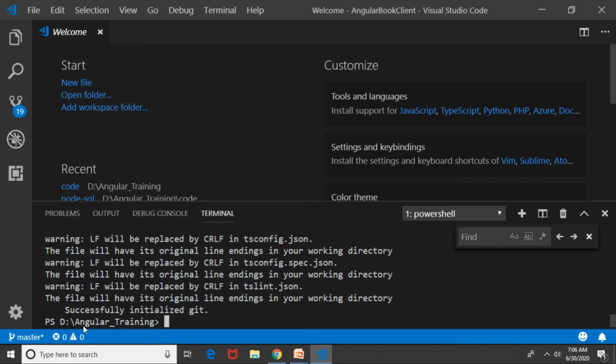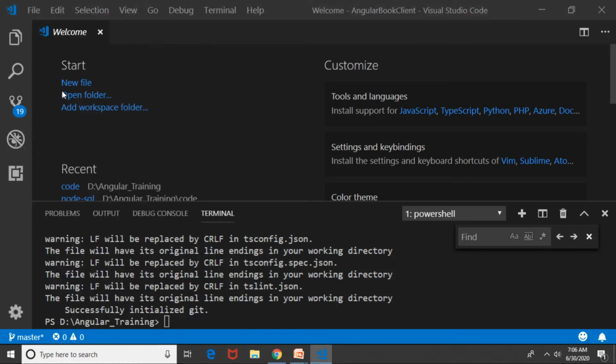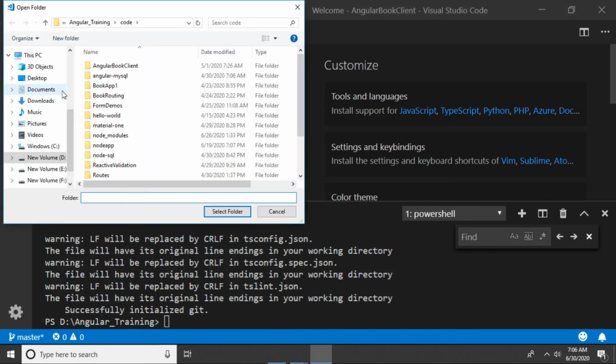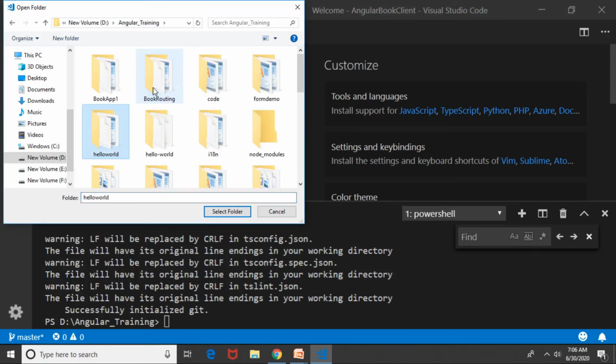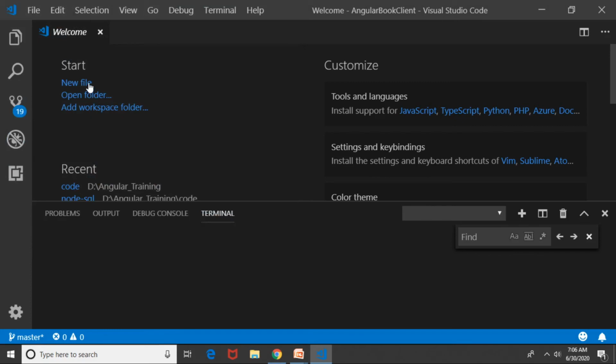So I have created this application in the folder called D drive Angular training. So what I'm going to do is go to this file and say open a folder. And if I open a folder, you will see that in Angular training there is a folder created as hello world, which I'm going to open up,